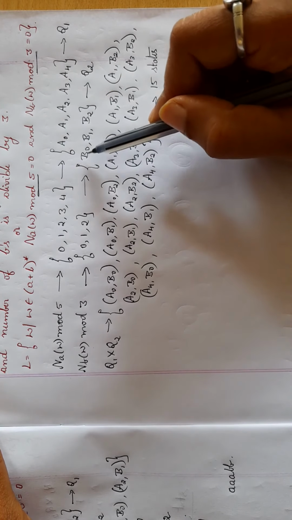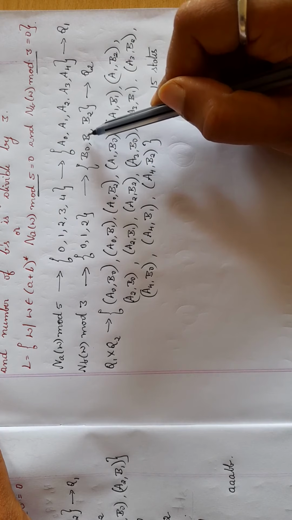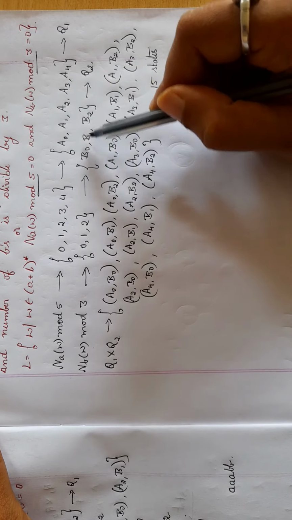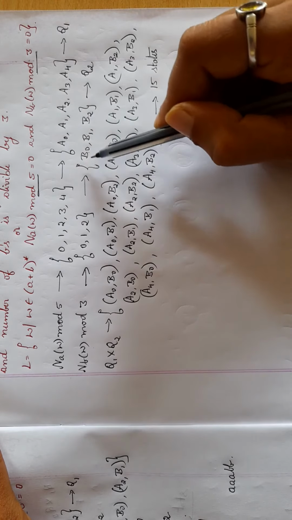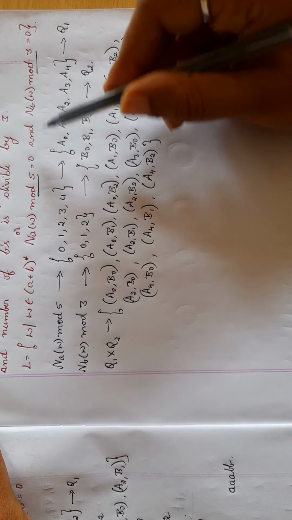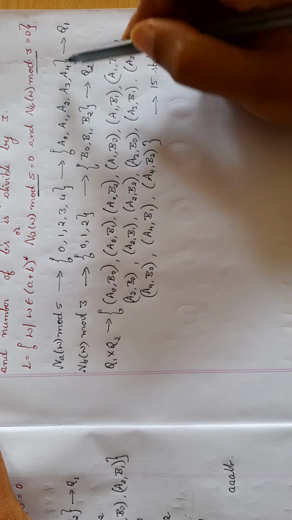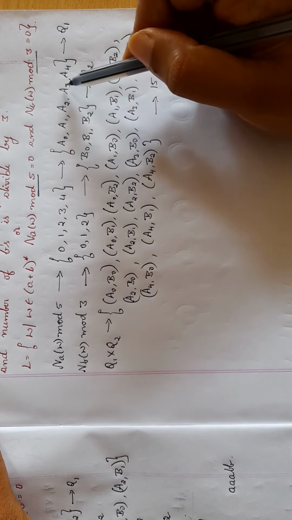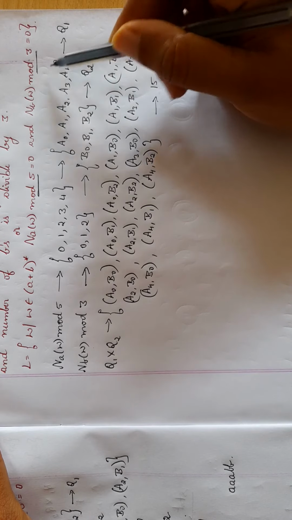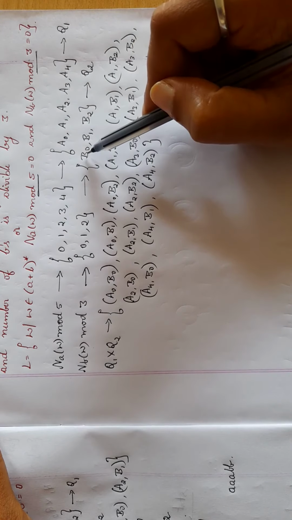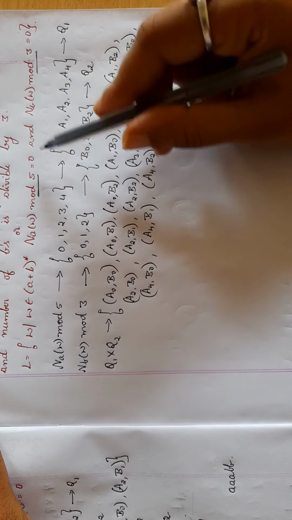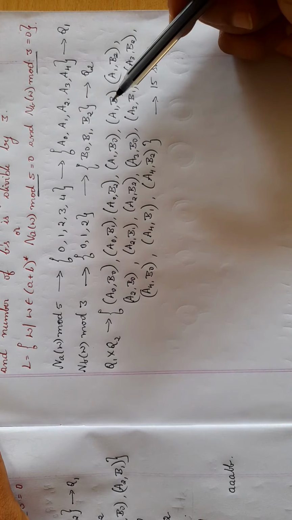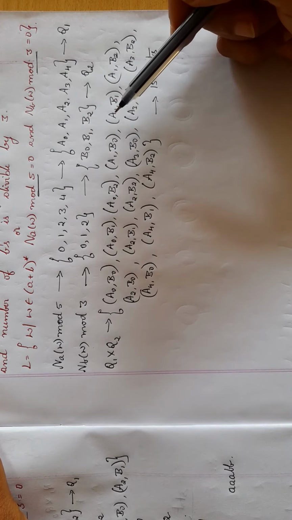Similarly with respect to B, from B0 it goes to B1, from B1 to B2, and from B2 it comes back to B0. So this repeats: this is with respect to B, and this is with respect to A. When you take the transitions A0 to A1, A1 to A2, A2 to A3, A3 to A4, A4 to A0, B0 will remain constant. The next combination, B1, will remain constant, and then B2 will remain constant. With respect to this, we shall draw one DFA now.